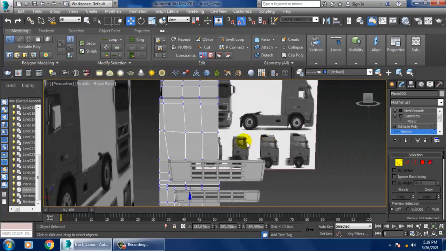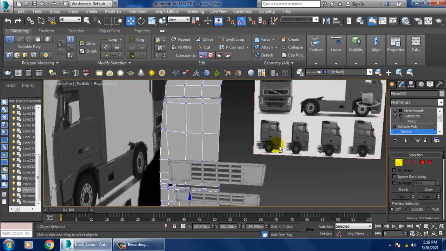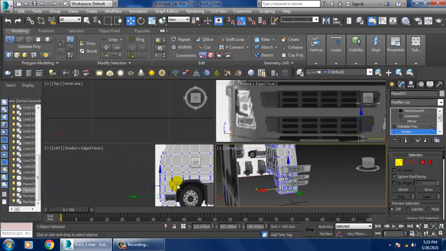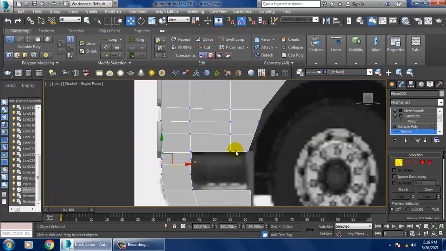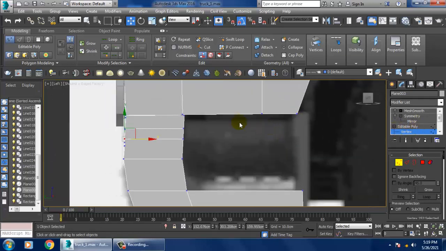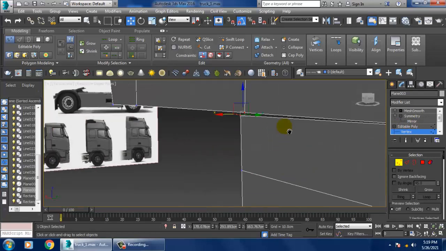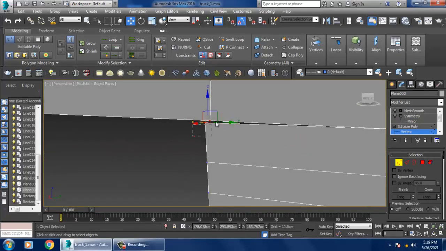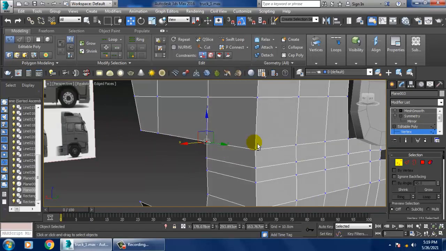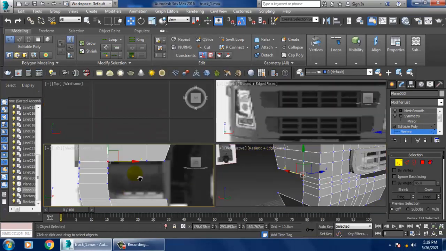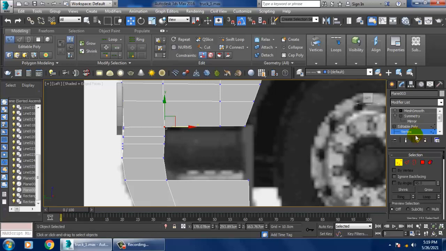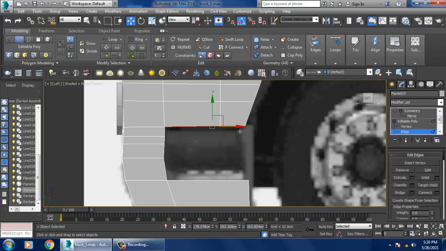Definitely we'll be taking a few more references for this. Now I'll go over here. Okay, so we haven't welded this. So let's just weld this. Again, let's go into the edges over here.